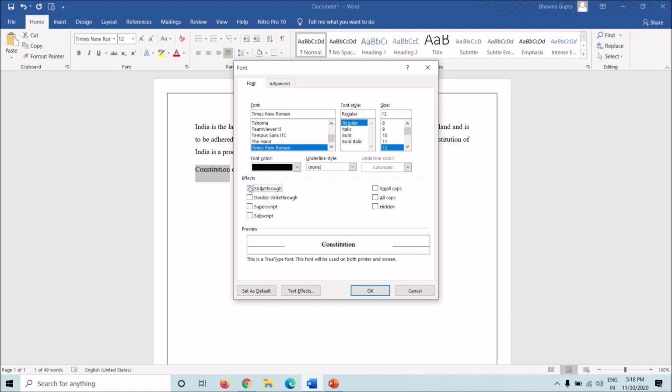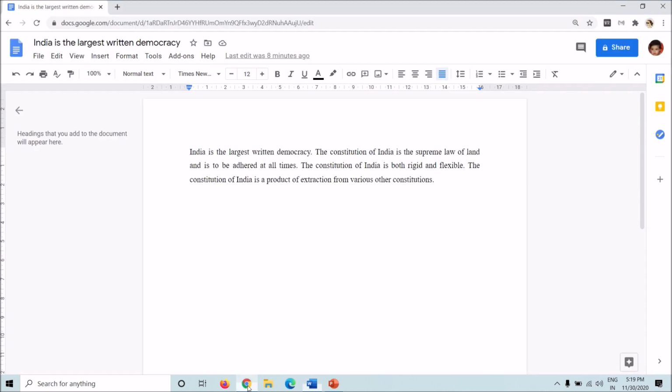Now strike through, double strike, subscript, superscript, small caps, all caps, hidden. This is the option that is not provided in Docs.